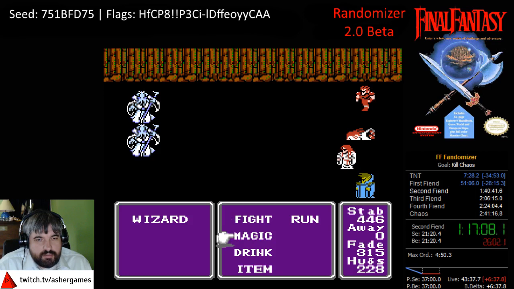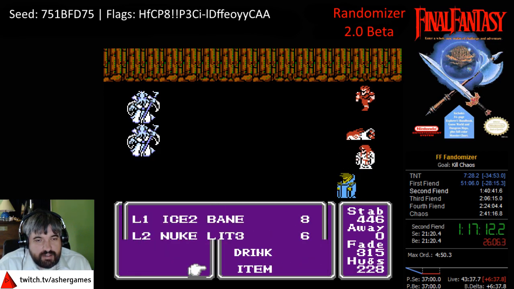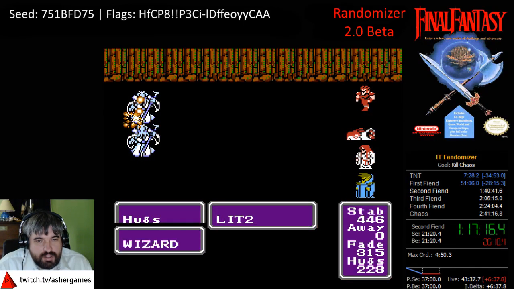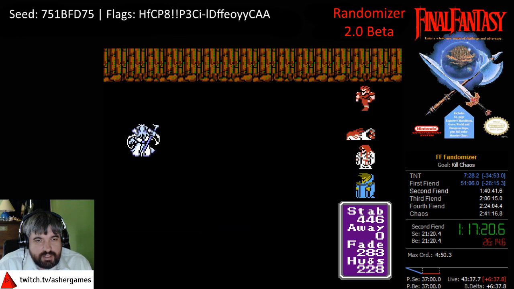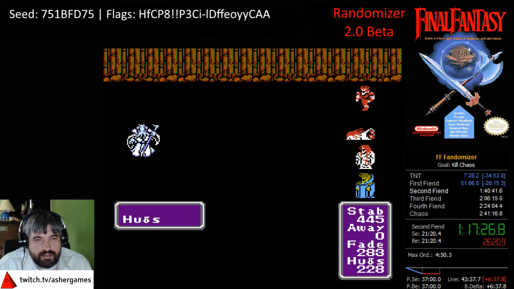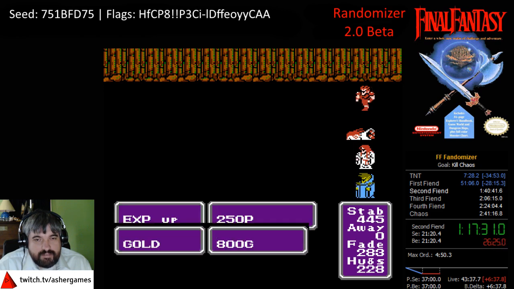Wizards are unrunnable, so let's see if we can Bane Strat them. I do have Lit 3 on the same slot as Nuke. I have Lit 2, which is on the same slot as Warp. Ooh, they survived Lit 2. Good info to have. Attack ineffective has not been fixed by the randomizer, but they don't have over 100 health. And it doesn't look like they're prone to casting spells either, so...